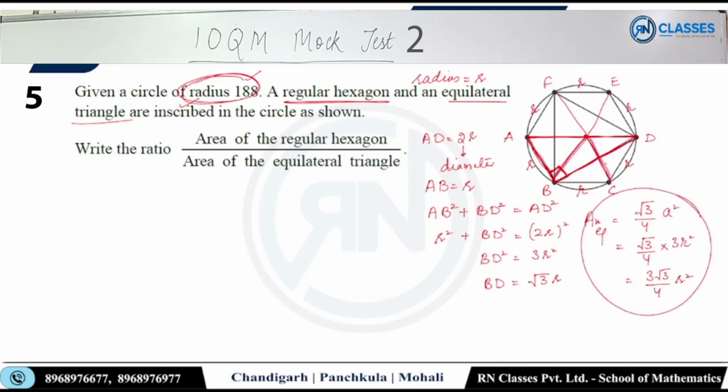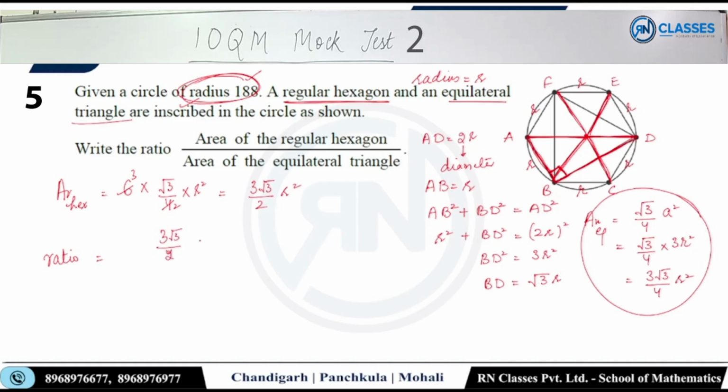अब रह गया हेक्सागन का। हेक्सागन अगर आप ध्यान दो, ये छोटी छोटी इक्विलेटरल ट्राइंगल से ही बना है, दिख रही है इक्विलेटरल ट्राइंगल छोटी छोटी, कितनी ऐसी इक्विलेटरल ट्राइंगल, 6 इक्विलेटरल ट्राइंगल है। सो एरिया ऑफ हेक्सागन 6 इक्विलेटरल ट्राइंगल्स, √3/4 a स्क्वायर, a मींस r का स्क्वायर, तो 2 यहां पे 3 आ गया, 3√3/2 r स्क्वायर।